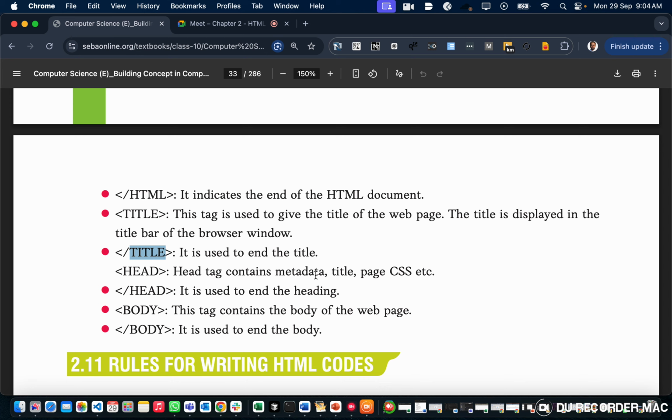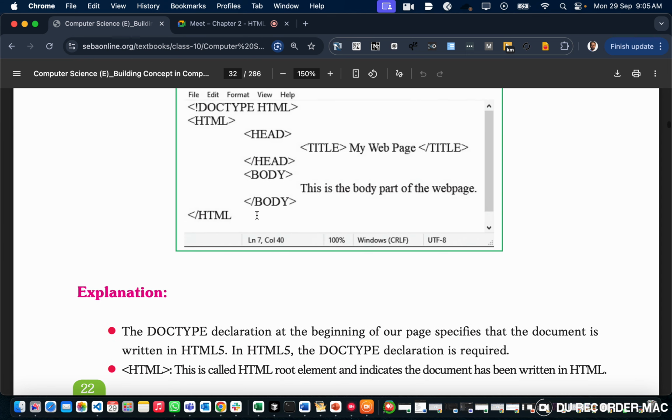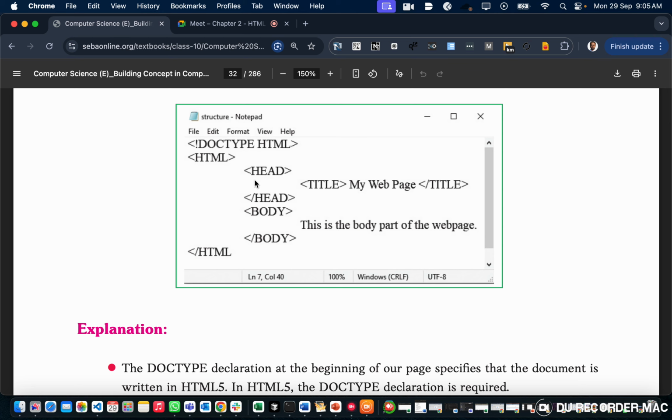The head tag contains the metadata, title, page, CSS, etc. This closing tag is used to end the heading. Now, why is head used? Whenever you are adding any CSS, you need to add it inside the head. So if you want to give some kind of color, or add some other functionality or design, cosmetic changes to this web page, then you need to define the CSS. And CSS you can define in multiple ways. One way is to define it inside the head. Okay,